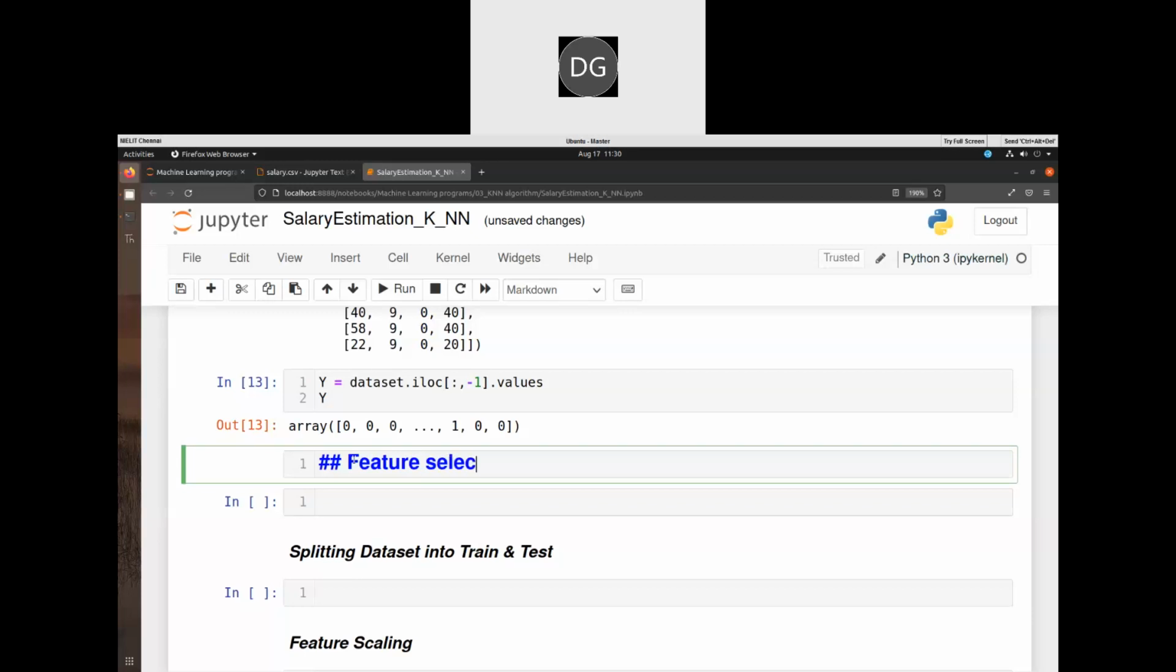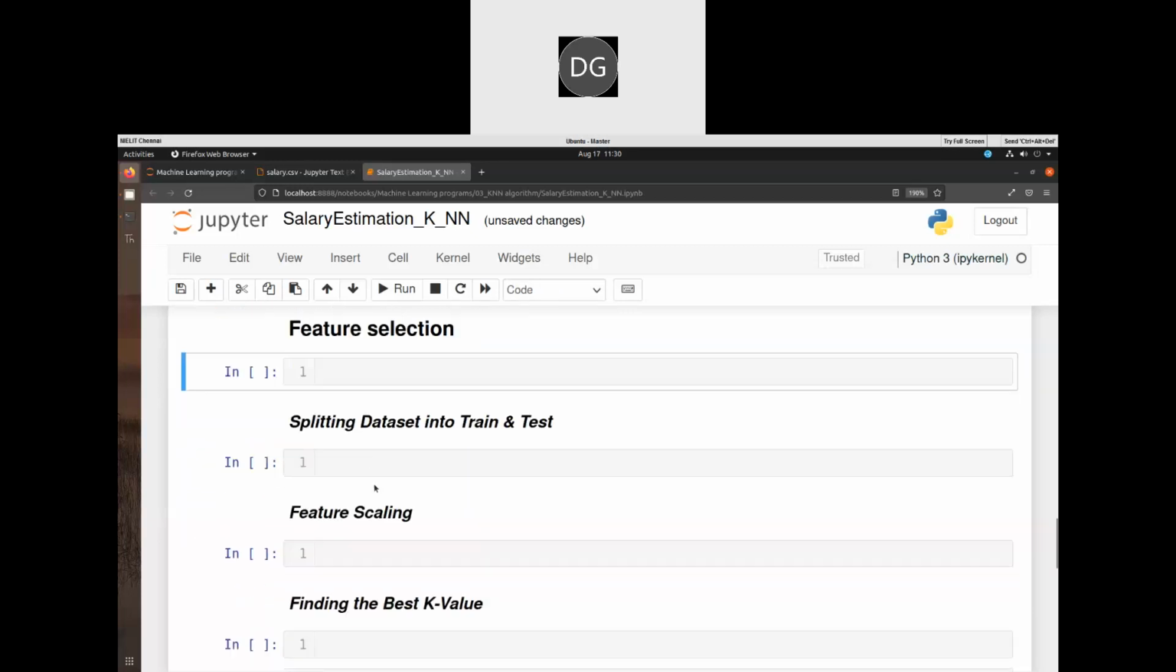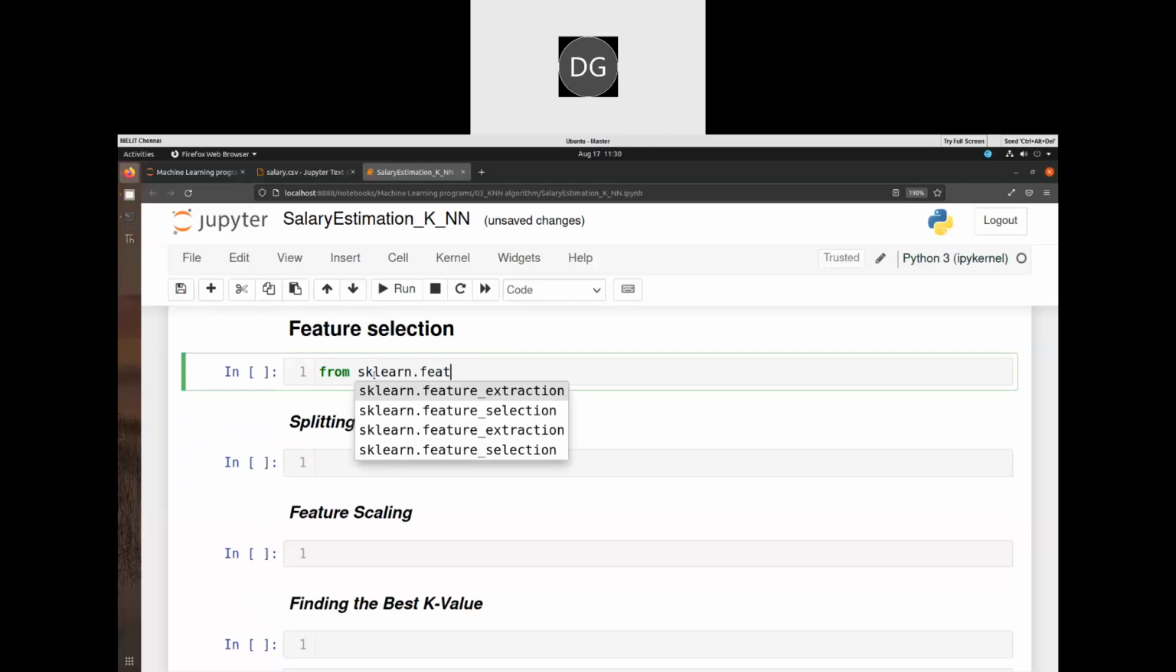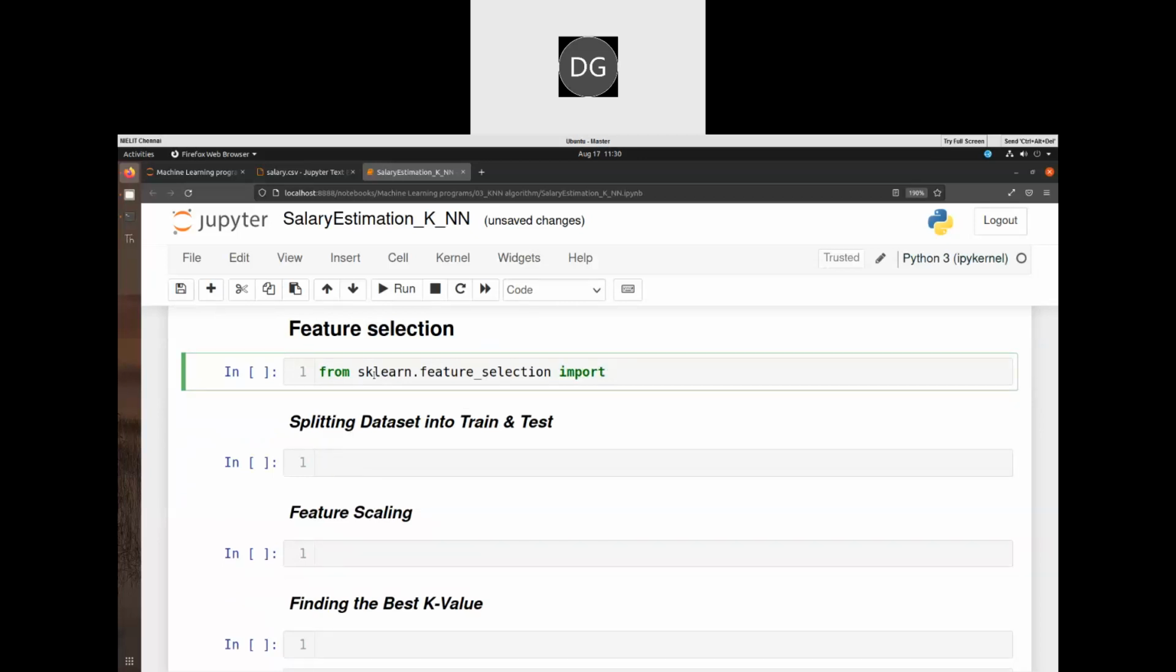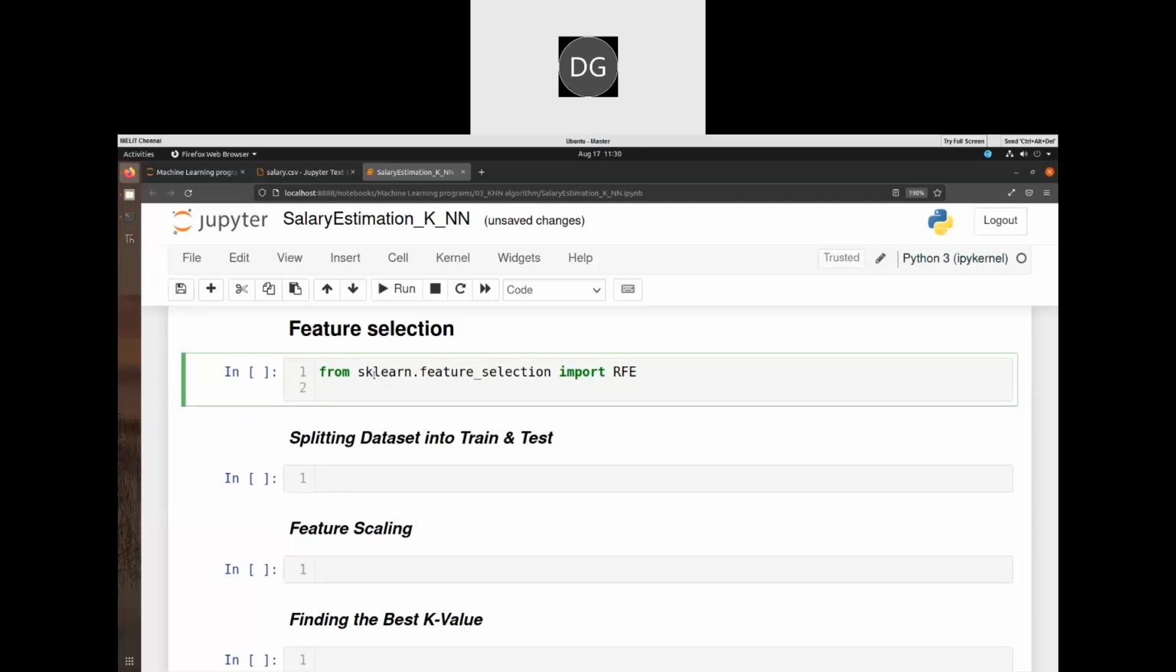So feature selection. For performing feature selection, from sklearn.feature_selection, see, there is feature extraction and feature selection, we have to choose feature selection. From that we have to import one method called RFE. Okay, this is recursive feature elimination. For each column it will check whether this is useful, whether this is useful, like that it will check. And the algorithm which I am going to use, I will import from